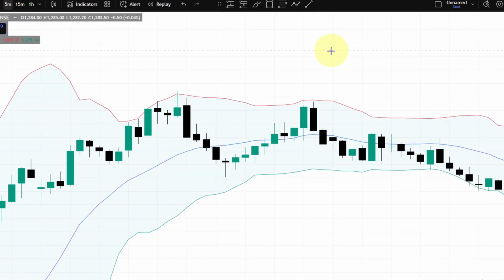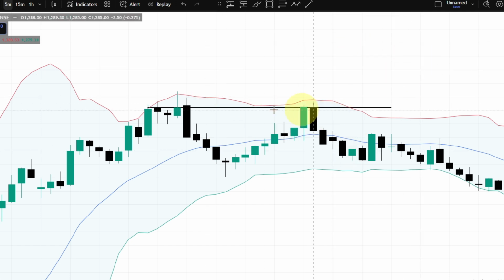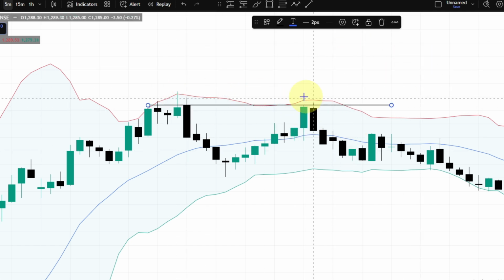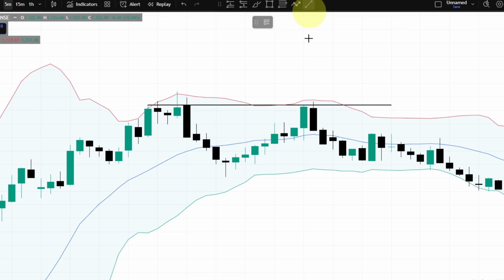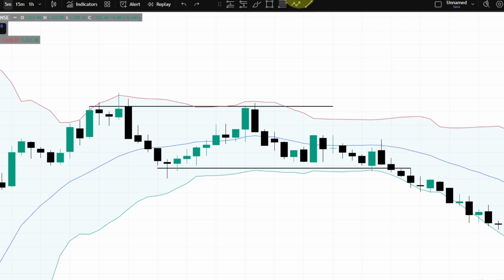Now what we are going to do is look for a breakout on either side. Let's change the color of this trading line. Okay, now we can see this high was not broken by this candle. But what happened to the lower side? We can clearly see this was our lower side. Here we can see a break in the price. Here is a shorting setup. That is why we are going to take a short trade here.